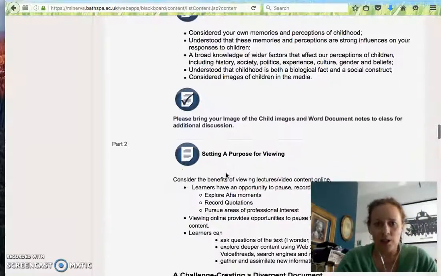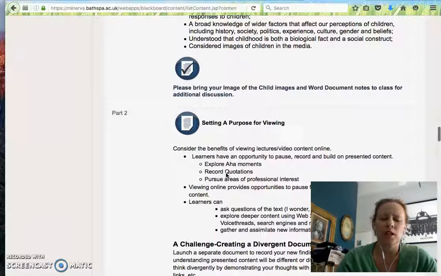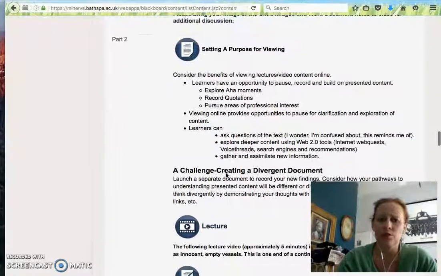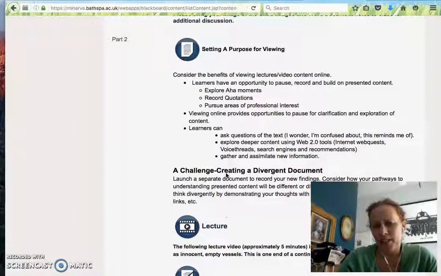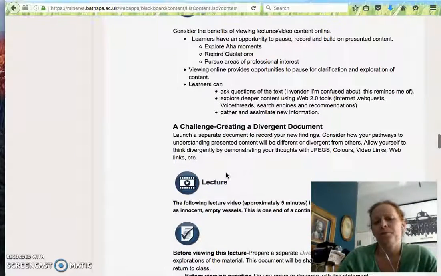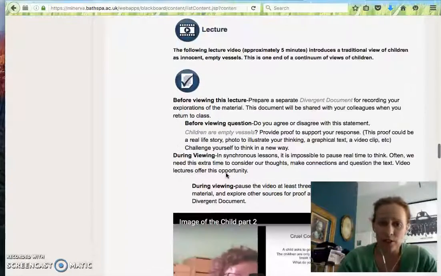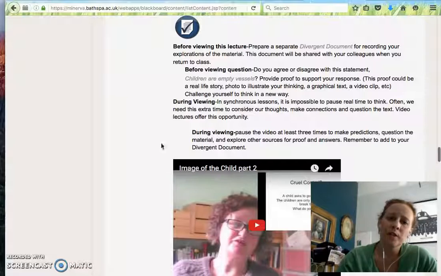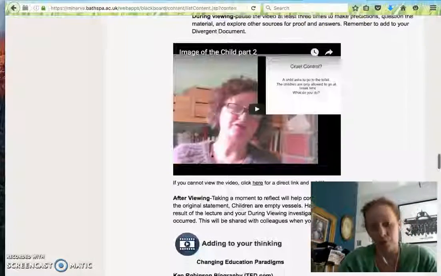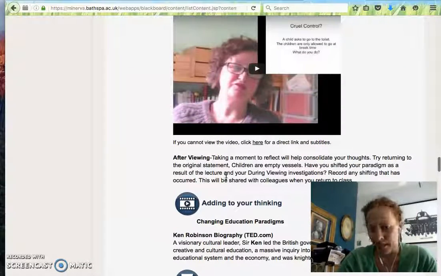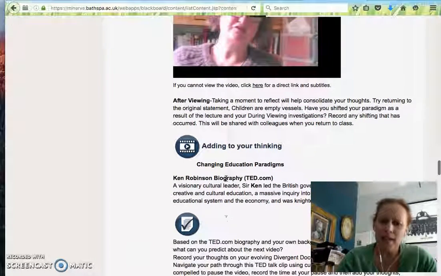The icons follow throughout, but what is really important is setting a purpose for viewing all of this material. So I've added very explicit details, walked the learner through each step, and gradually released them into additional activities. So here's another lecture. And before viewing, during viewing, and after viewing strategies are now in place for this part 2. The Ken Robinson